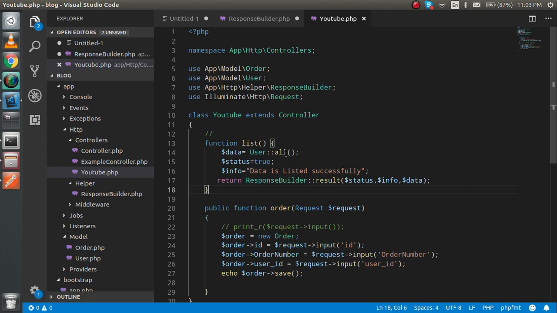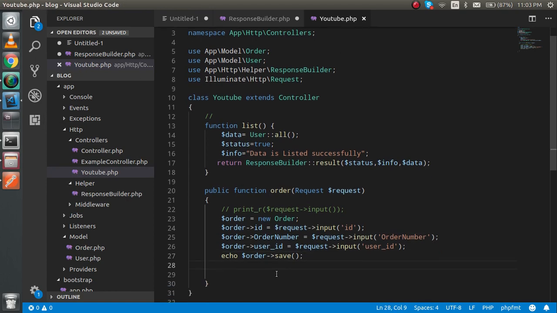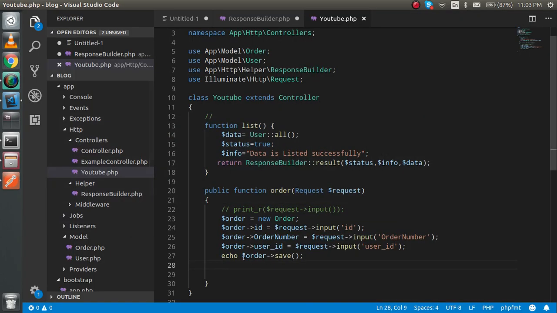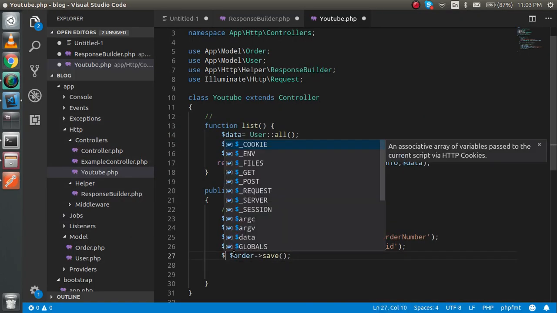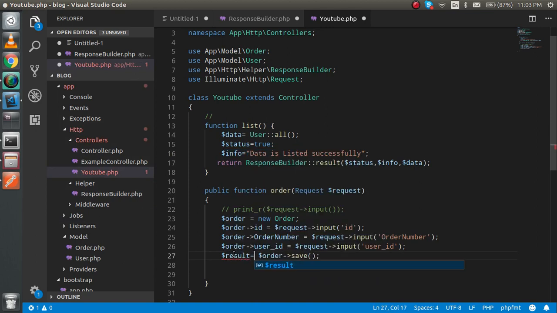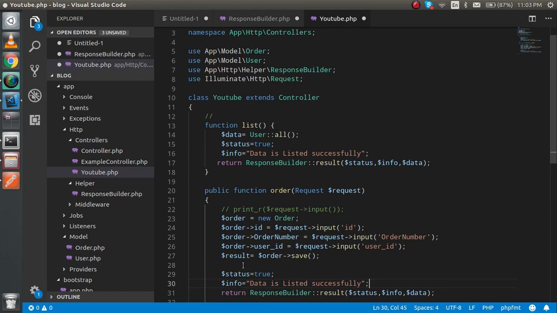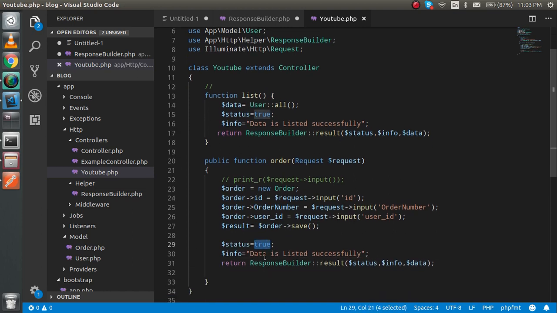Now if this is a common builder, how can we use it for the post API? So for the post API, let's see here. In the post API, you will just see the result is here. Now the result is 1 because of this echo, but how can we check that? Result is this. Okay, so now I'm going to catch this function directly here, and I'm going to get the 2 parameters also here,